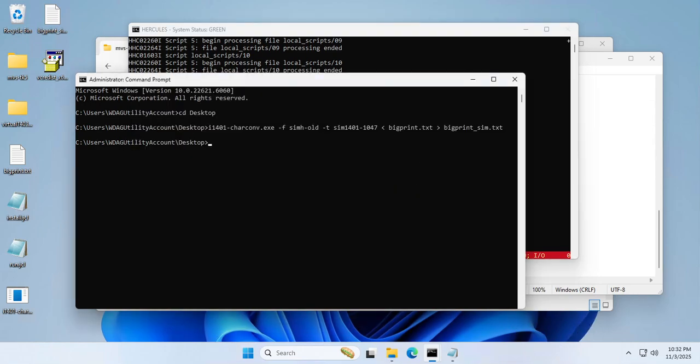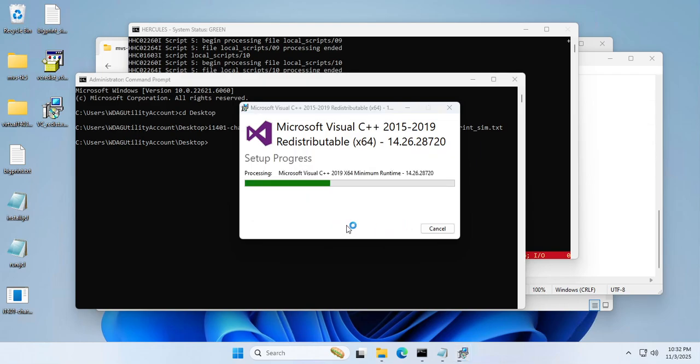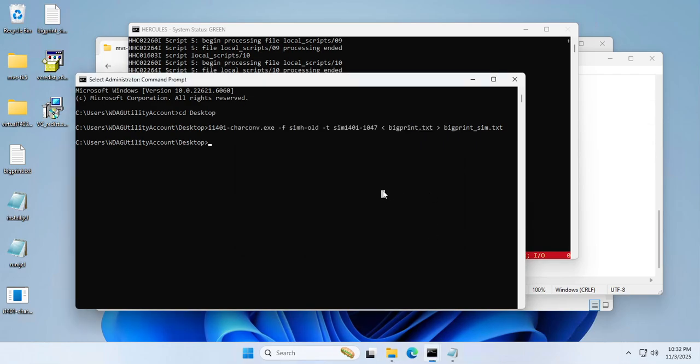That's probably the wrong one. Let's use this one. Okay, this is a fresh virtual machine, so stuff like the runtime wasn't set up. Okay, so now we have